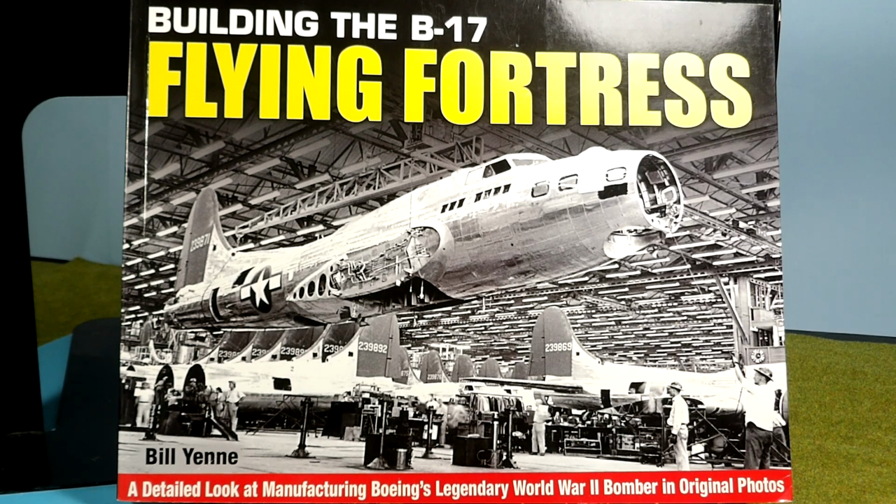Also, a lot of brackets still had some paint on them, and as they go through the B-17, you can see the paint starting to disappear. By the time Boeing Block 120 was being produced, there was no paint anywhere inside the fuselage except for the cockpit. The nose section had gone bare metal. The radio compartment was bare metal. You can see the bare aluminum with the grade of aluminum stamped on it all over the place. And then as it goes into the first G's and early G's,